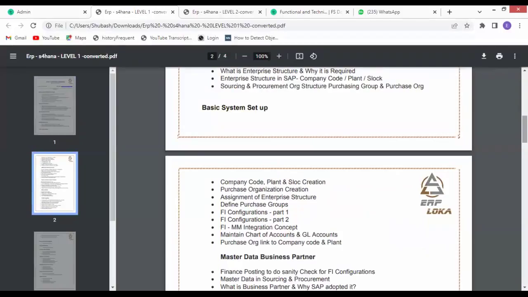If you are purchasing anything from a supplier, the supplier will send you the invoice. That invoice should go to finance. So how are we going to integrate these things? How are we going to decide which function should go to which team or which module? That is the integration part. So we mentioned here we have FI integration.